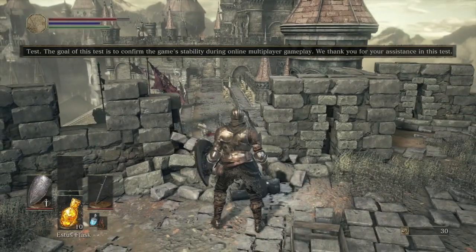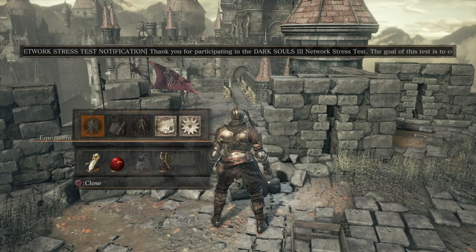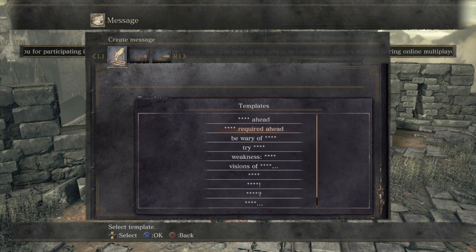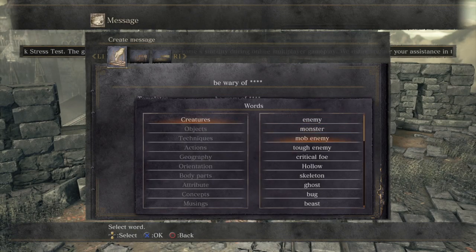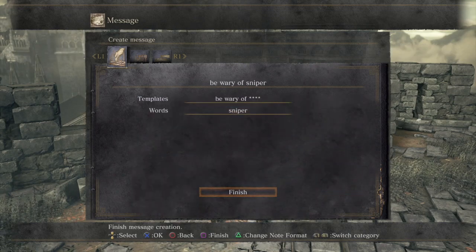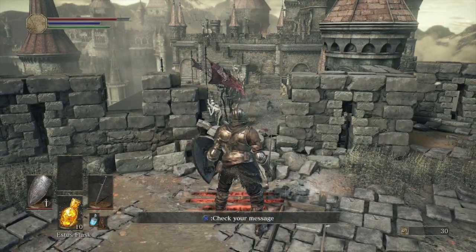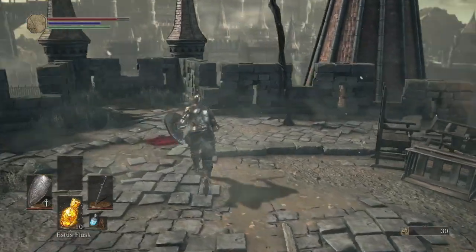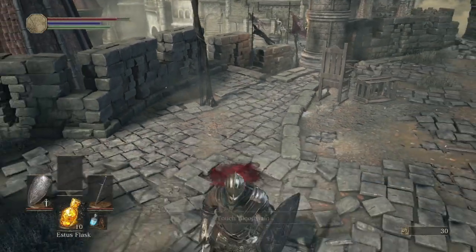And just for fun, I can leave a message on the ground. So let's say, be wary of sniper. And I'll put that down on the ground, and people who are playing the game can read that. Isn't that swell? So that system, you might remember from Generic Fantasy Game 1 and 2, is still in place,